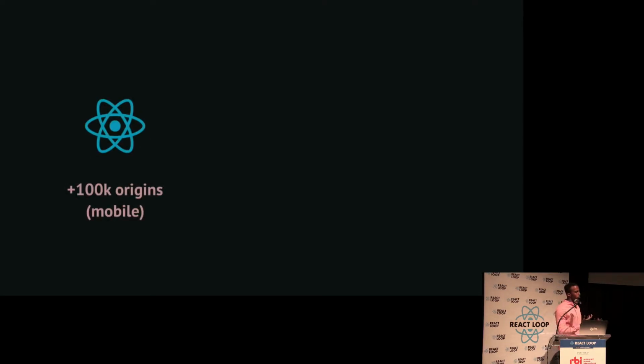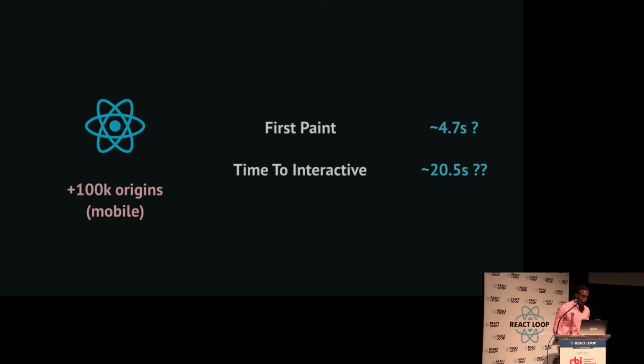So I queried over 100,000 origins that use React, and I noticed for mobile, the median first paint was about 4.7 seconds. First paint is the time it takes for anything to render on the app. The median time to interactive was over 20 seconds. Time to interactive is a synthetic lab metric that defines when a JavaScript thread settles and your user can